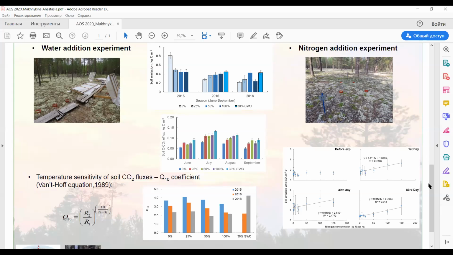Okay, thank you very much. This was an interesting perspective, and it shows these different limiting factors. It is not a simple system. It's quite a complex system. So thank you very much. Are there any other comments or questions for Anastasia?